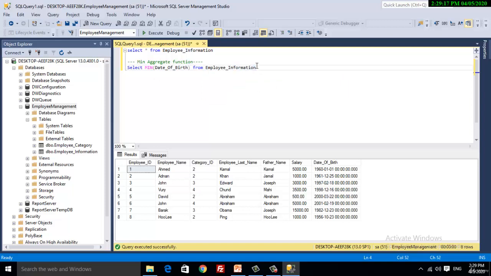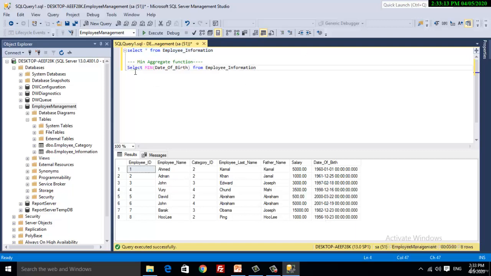Now, before executing this query, let's have a look at the values of this column. Before executing this query, just have a look at the values of column date of birth. In my opinion, the minimum value is 23rd October 1956.